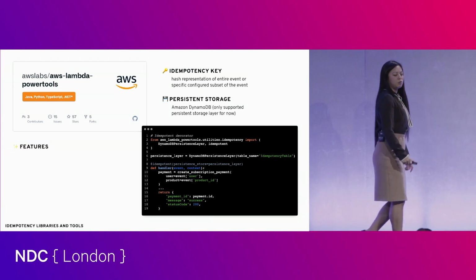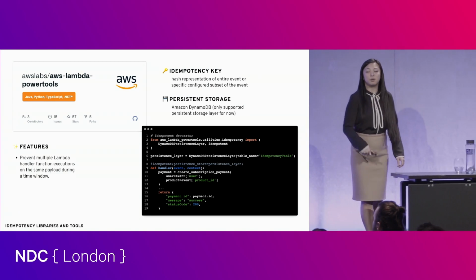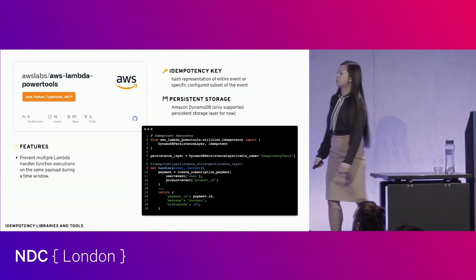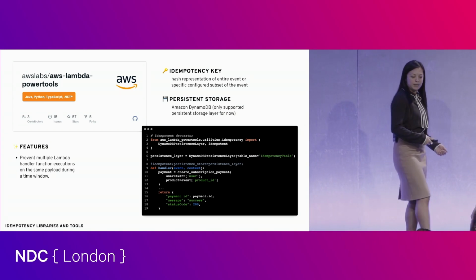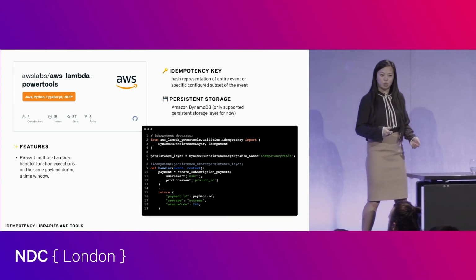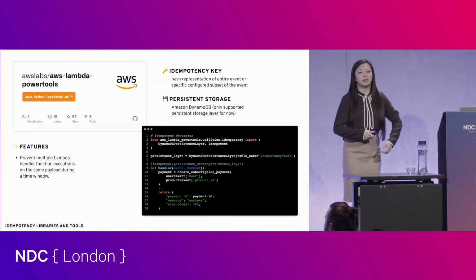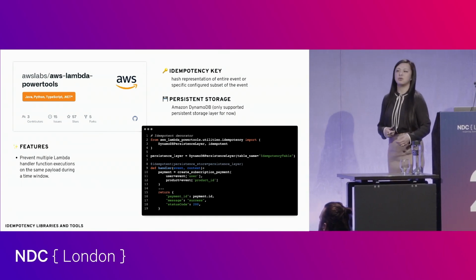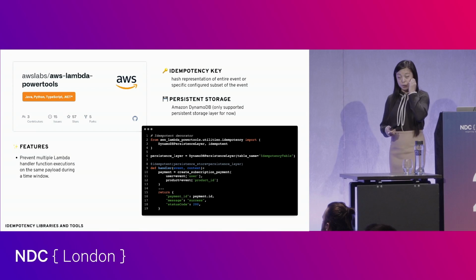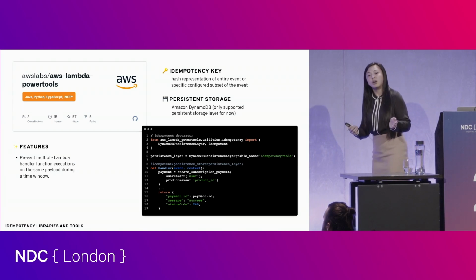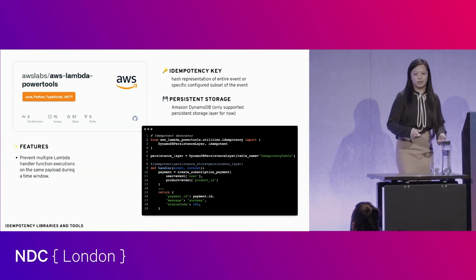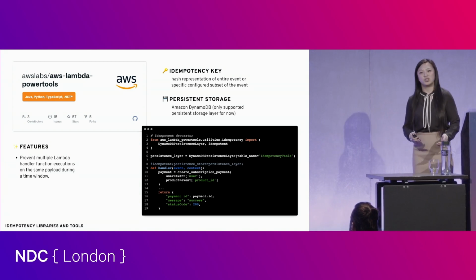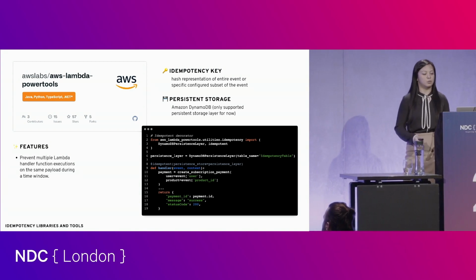The features that are really cool about this is that it prevents multiple Lambda handler function executions already for you, so it's kind of built in. If it's on the same payload and during the same time window that you can set, then it will do that check for you and prevent it from happening. You can set it to maybe an hour or 30 minutes, depending on what you need. You can configure what that time window is, what that constraint is, to check whether or not it's a duplicate